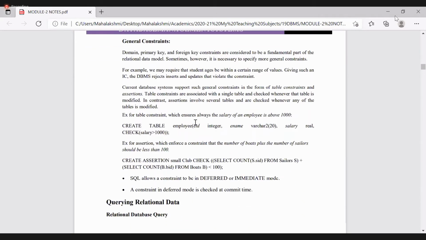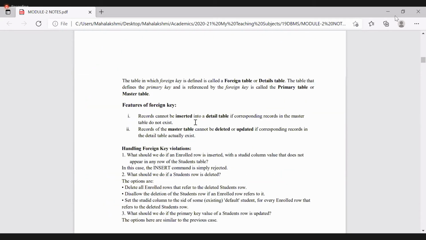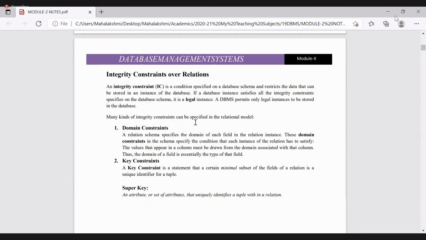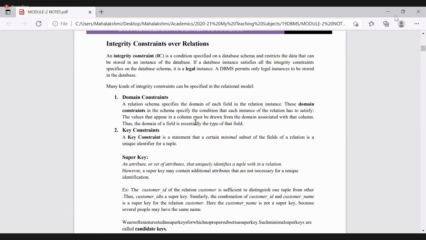Okay. And coming to this, as we have the concept of integrity constraints, we have checked only some of the integrity constraints, like I have already told you. See, even table constraints we can say. At the last, if you specify any of the attributes as a key constraint, then that is called a table constraint. Whenever you declare an attribute in the creation of the table, then that is called